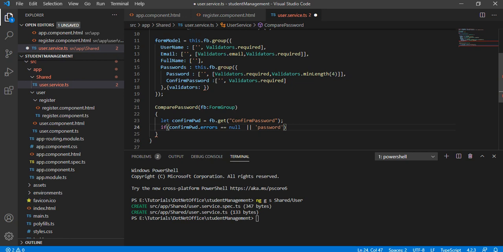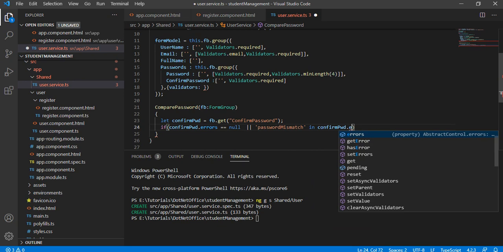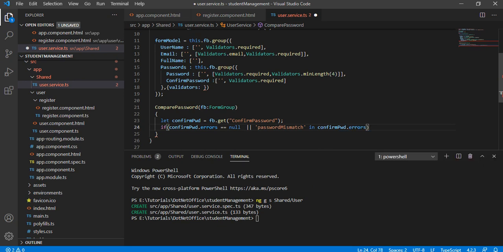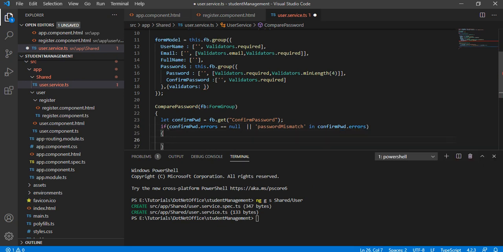So let's check that. Password mismatch, and I'm going to check inside the confirm password dot errors. If password mismatch is in this error, so if there is anything in these two,